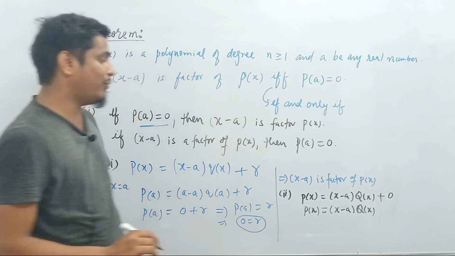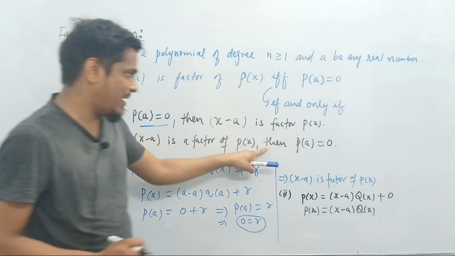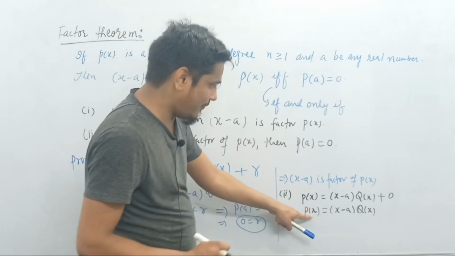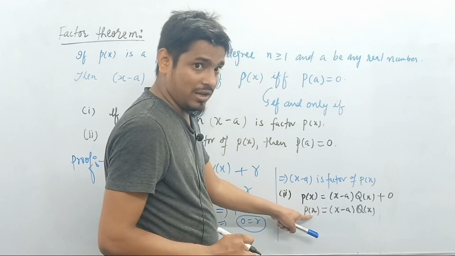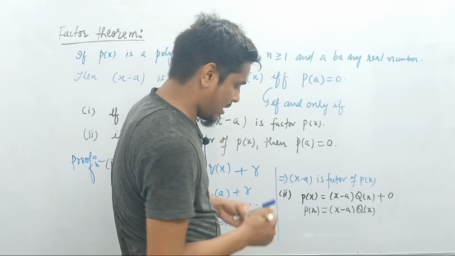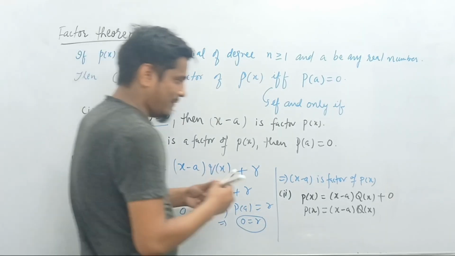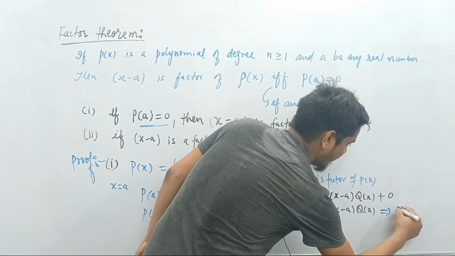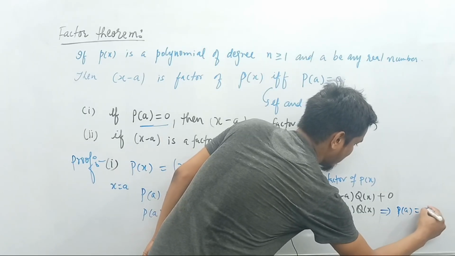What do we need to prove? We need to find the value of P(a). Then in that case P(a) will be 0. So just substitute a in place of x and find what value of P(a) we are going to get. When we substitute x equal to a in this, then P(a) is equal to a